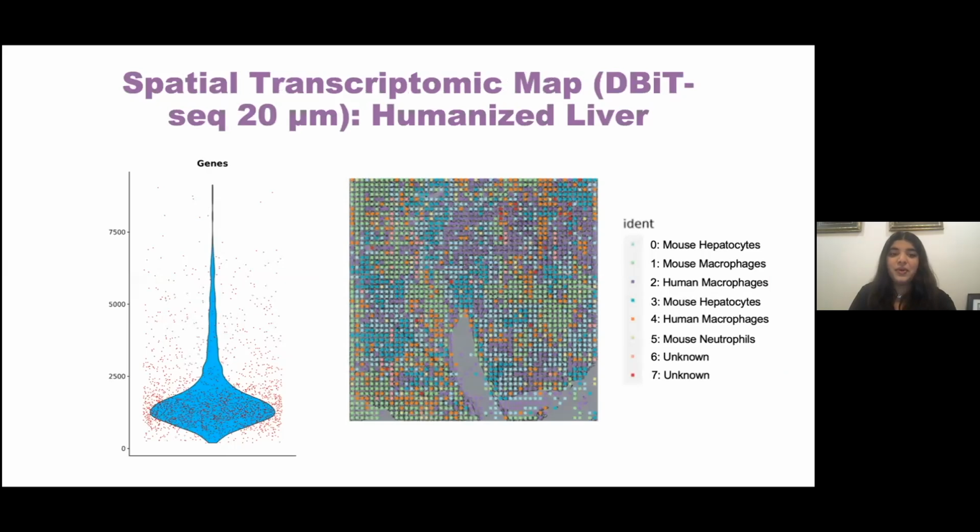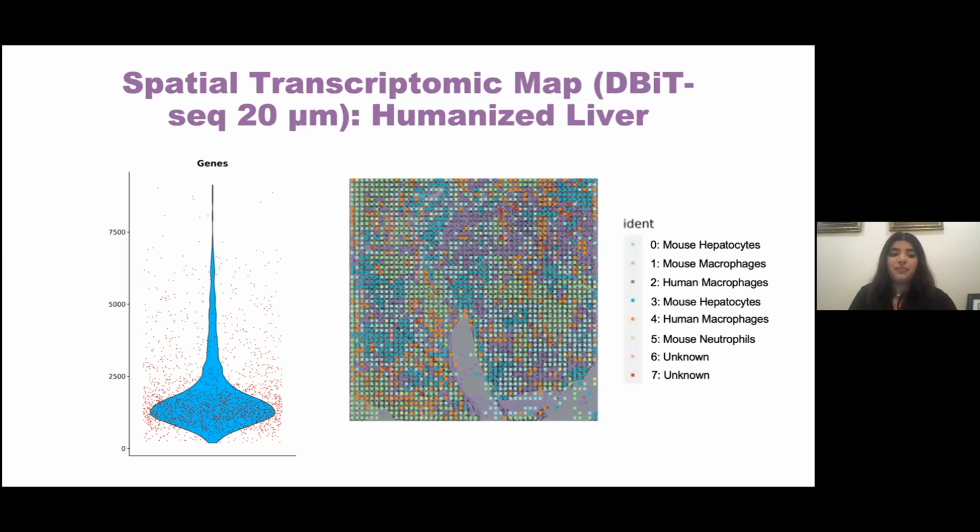After this was done, we were able to build a spatial transcriptomic map. And this is really important because we're able to see both the parenchymal cells as well as the non-parenchymal cells and how they cluster within the immunosuppressed mouse humanized liver. So we see clusters ranging from mouse hepatocytes within this map. We see mouse macrophages, human macrophages, and even mouse neutrophils. So we're able to see that there's a strong clustering that we can overlay on top of the direct tissue